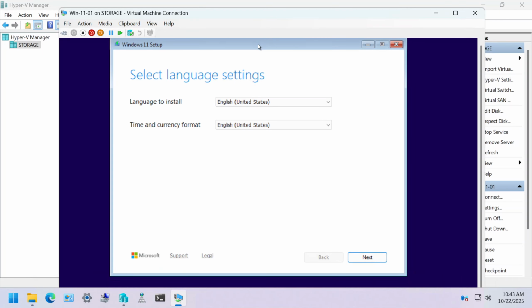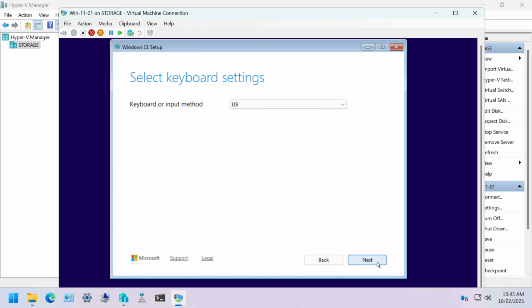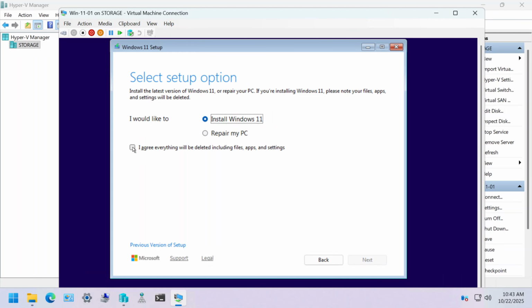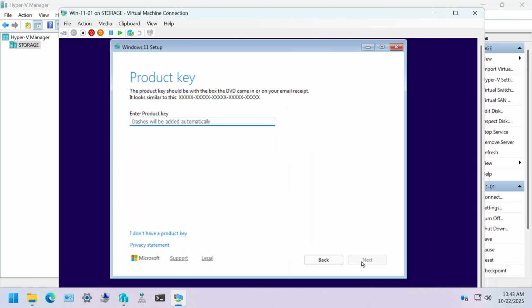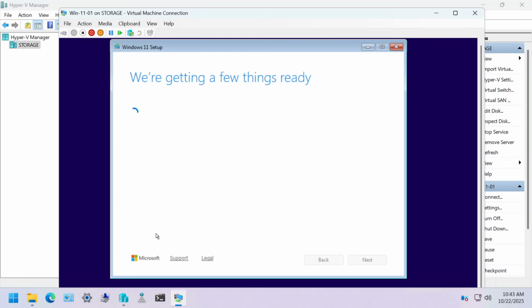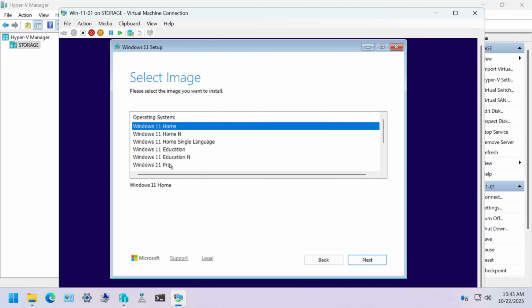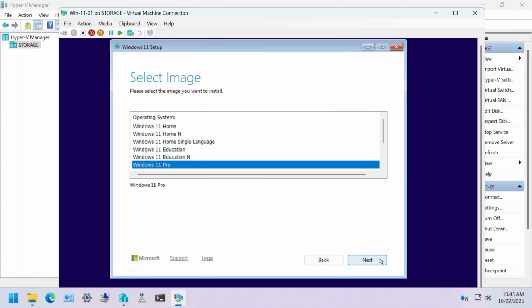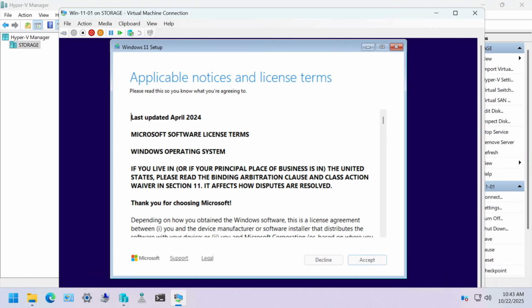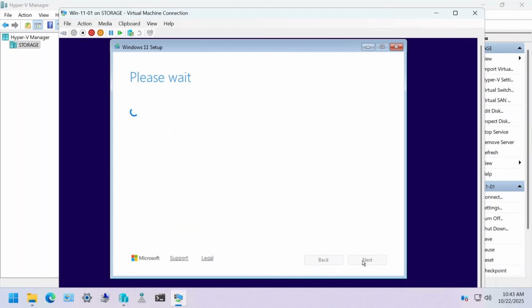The step-by-step is pretty easy. So install Windows 11. I agree to everything. I don't have a product key at the moment, so I think it's okay, we don't want to specify. We just want to make sure that the installation goes all the way through without any issues. We're going to pick Windows 11 Pro because it's going to be deployed in a company environment. We're going to accept the settings,